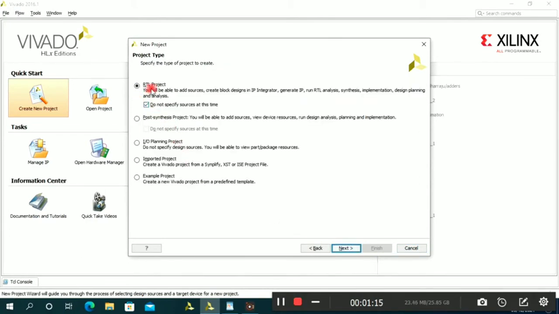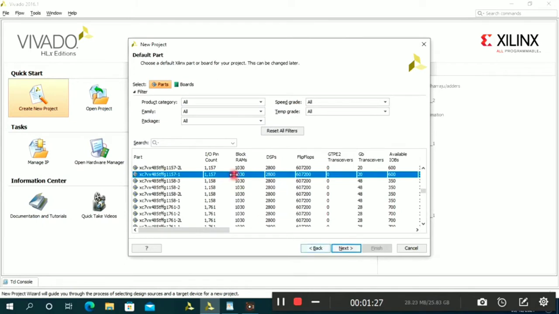Here RTL project is selected by default. This one, do not specify sources at this time, you also have to check it, then click next. Here we have to specify our board specifications, like board family, package, and all those things.